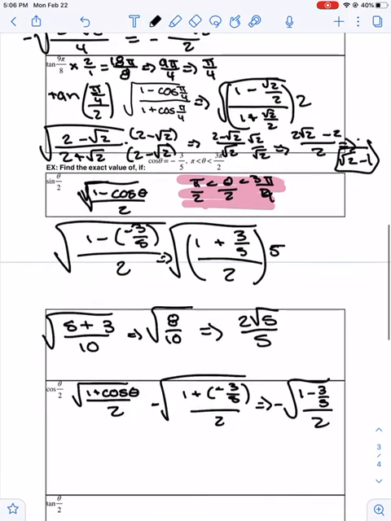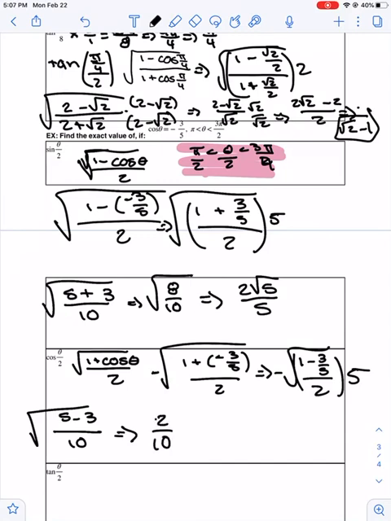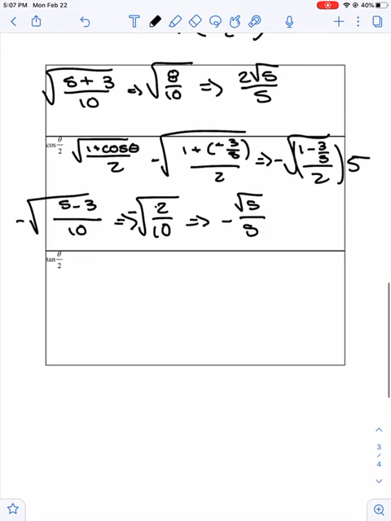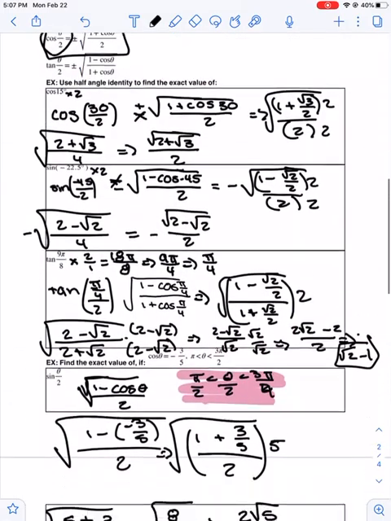Okay, so keep simplifying this and we should get negative square root of 1 minus 3/5 over 2. And then we multiply by the 5. So we have 5 minus 3 over 10 square root, which is 2 over 10, the square root. Simplify, get that radical out of the denominator, and I should get negative square root 5 over 5. All right, last one,